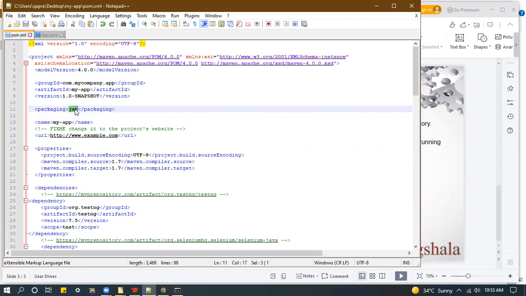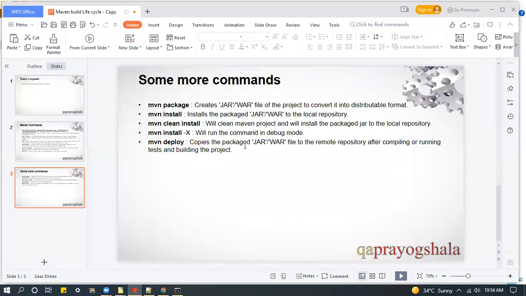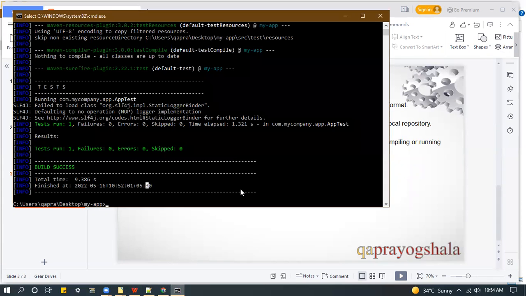Here we can mention in which format we want to package it, either jar or war file. If you don't specify anything, then Maven will by default consider it a jar. Here I have specified jar, so it will take it as a jar. Even if I don't specify, it will by default take it as a jar. If we want war format, then we can specify that. So it will basically package our source code